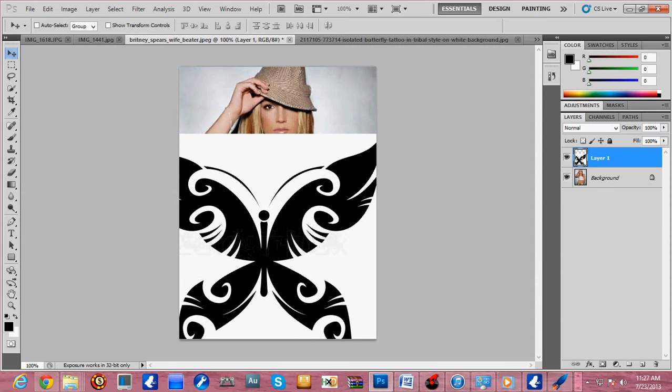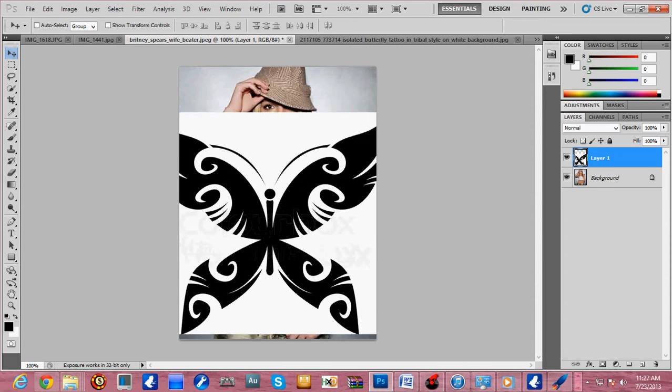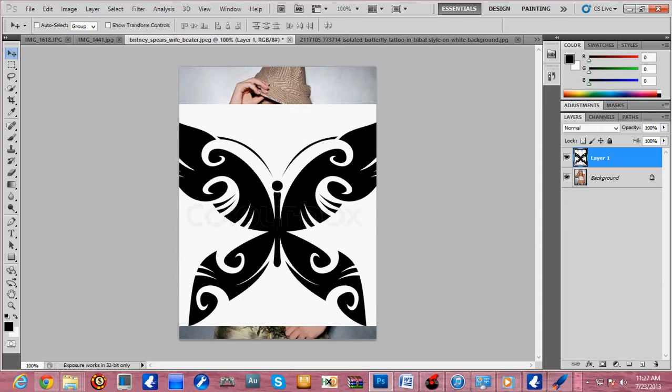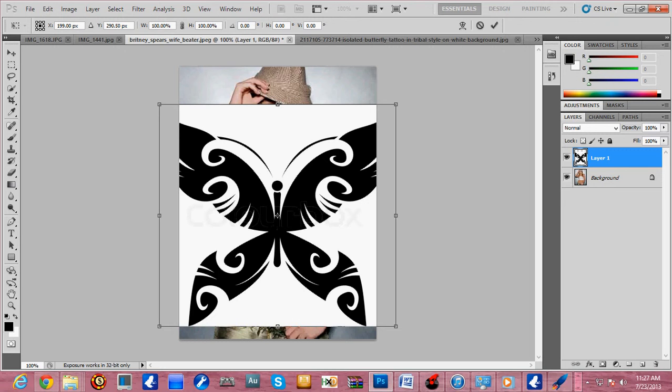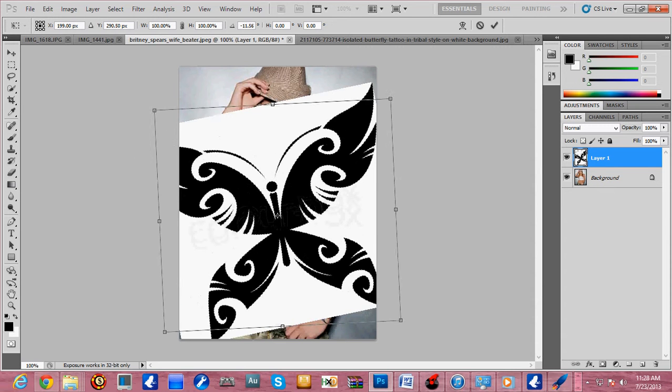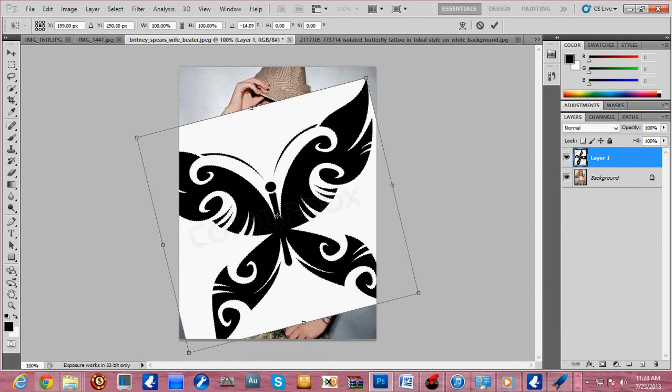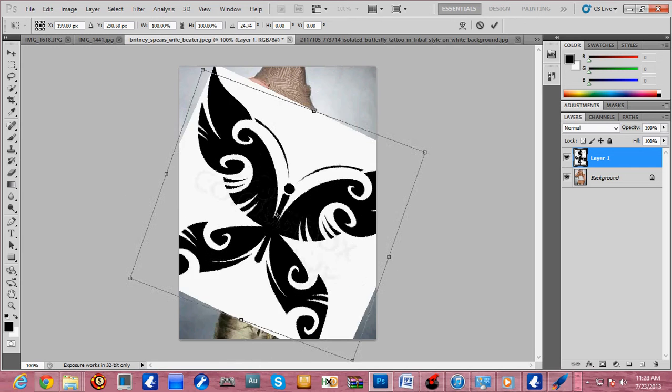Now, of course, this is entirely too big, but we are going to show you really quickly how to get that down to size and scale for what you need. So the first thing you'll want to do is do a transform, which is simply holding down the control button and pressing T. What you'll notice is kind of similar to when you're cropping photos, you'll get this square here with a couple little smaller squares for you to adjust here, and it's a kind of a free transform that you can do here. You can turn it upside down, you can move it around,